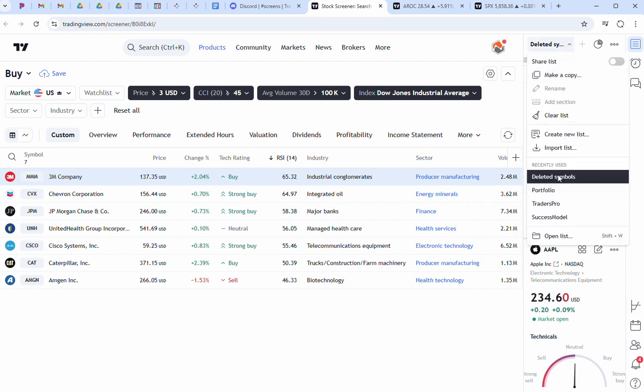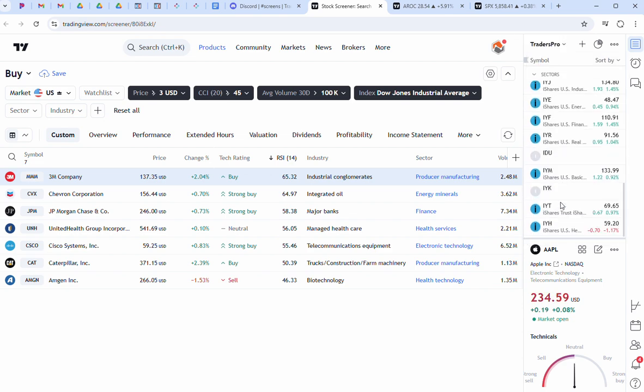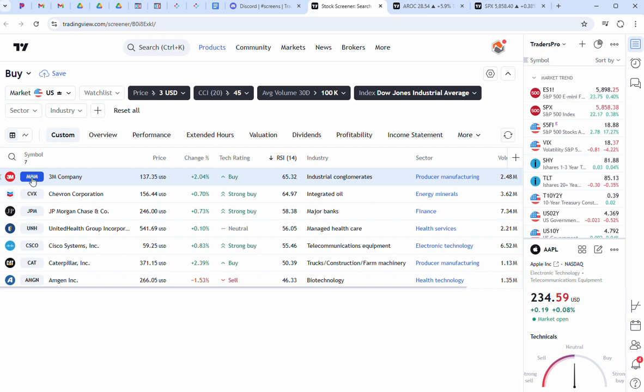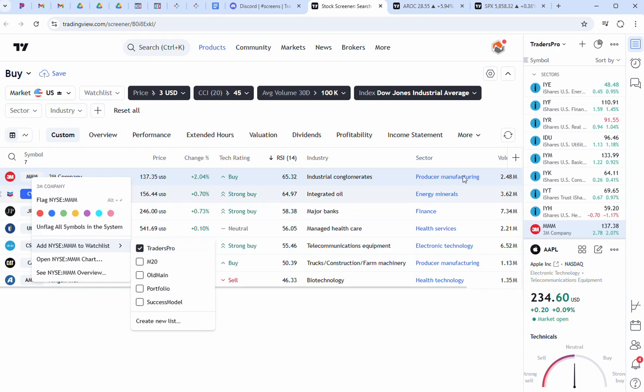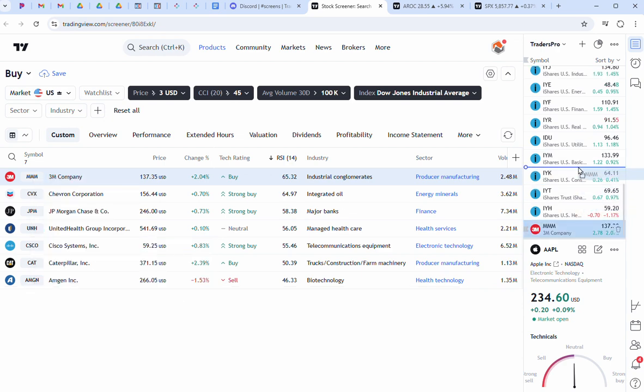So let's just go in. Whatever watch list you've created, let's just do it to the TradersPro one right now, and then I'll go back out and delete it so it doesn't get too sloppy. But I can right-click it, add it to my TradersPro watch list. There it is over here. Now, if I want to put that in a different spot so that I can keep an eye on it,